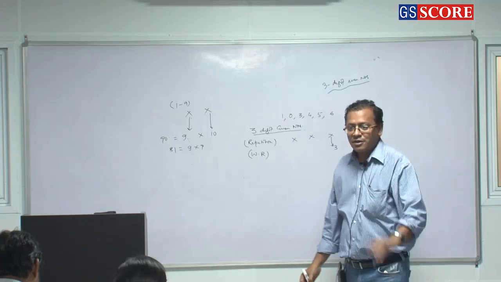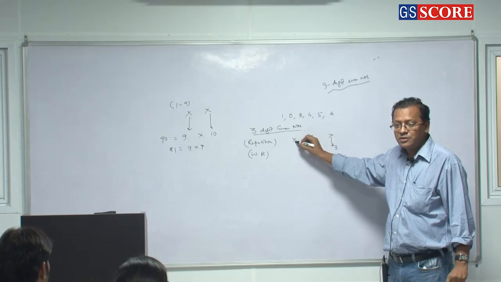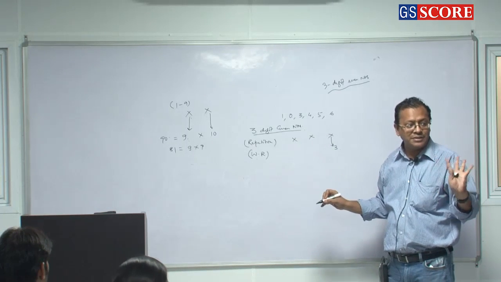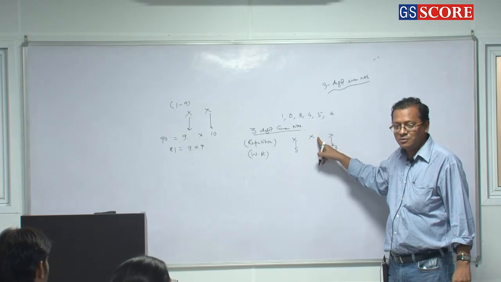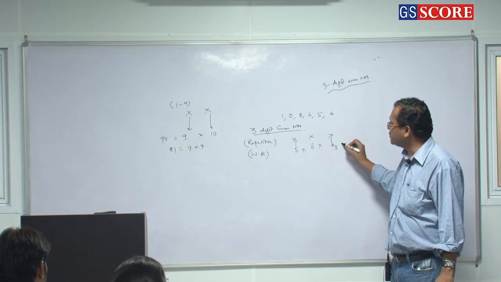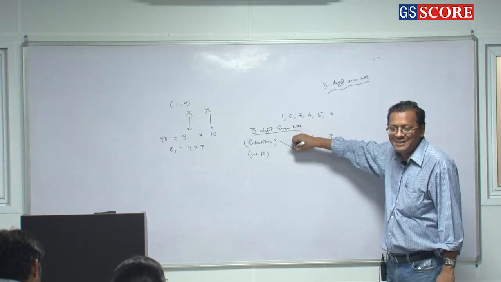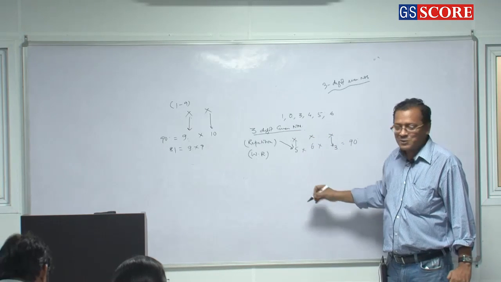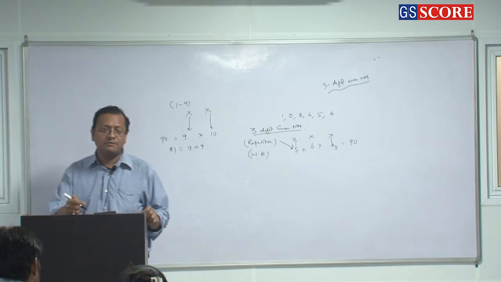Clear or not? Now the first place we cannot use 0 here. So we have to use only 5 digits. So 5. But second place we can use 0. So how many ways? 6 ways. So 5 into 6 into 3 is equal to 90. So most probably this question will not be given in the exam. It is easy to do. But without repetition, how many 3-digit even numbers can be formed?